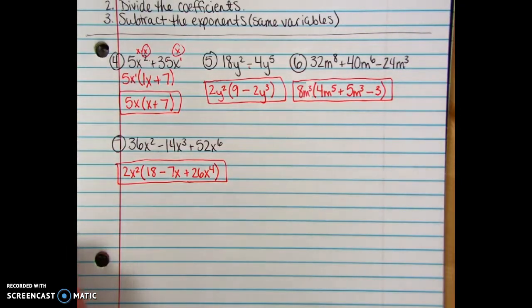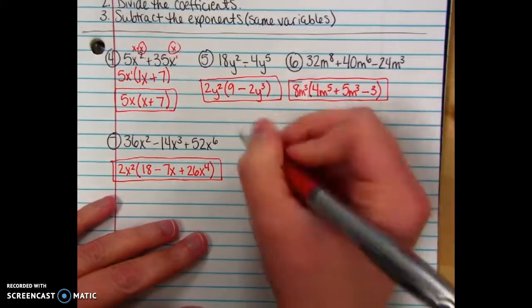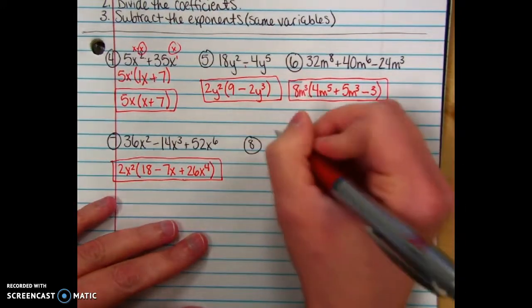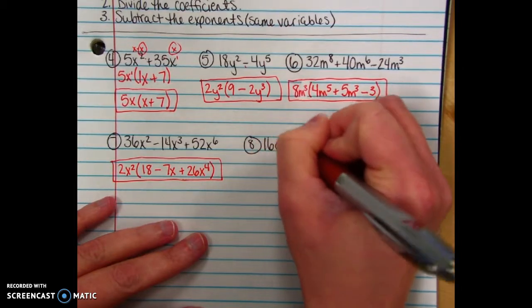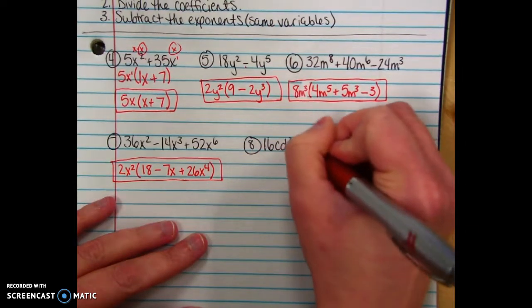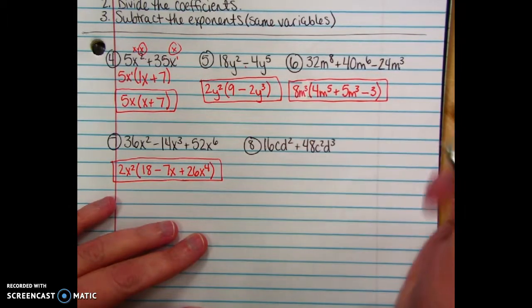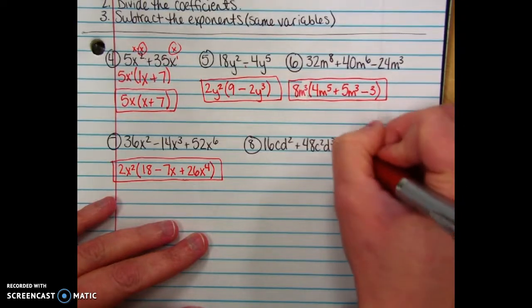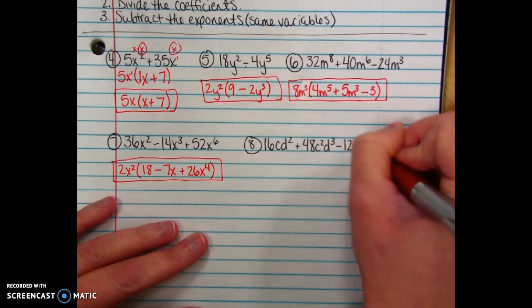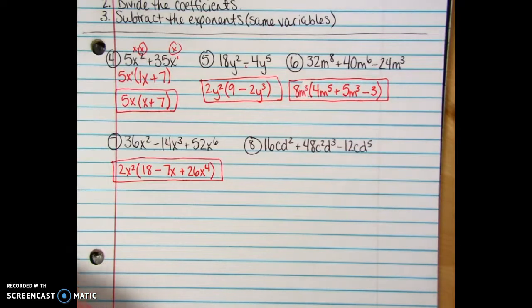Okay, one more, and on this one you're going to have 2 different variables. So number 8, 16cd squared plus 48c squared d cubed minus 12cd to the 5th. Okay, GCF of 16, 48, and 12 is something smaller than 12, or it could be 12, but it's